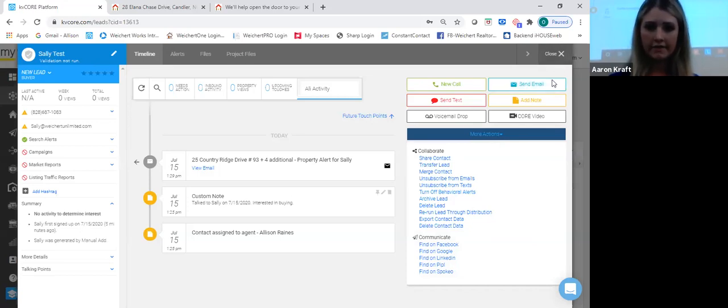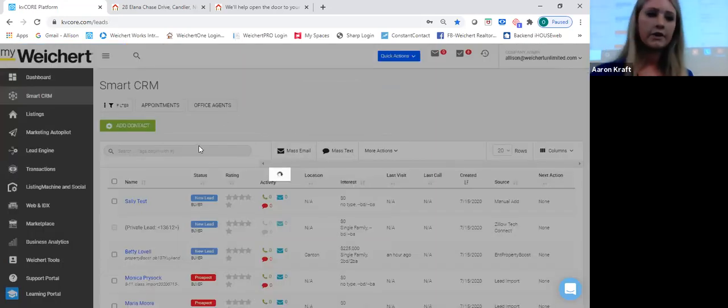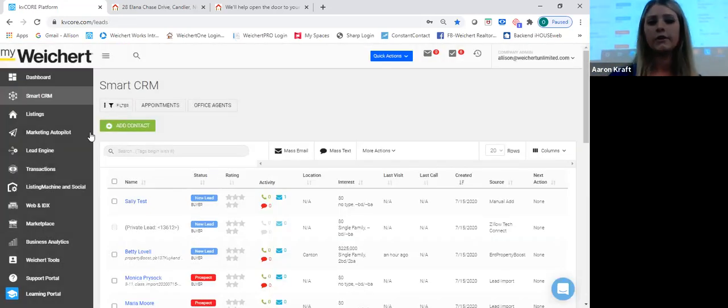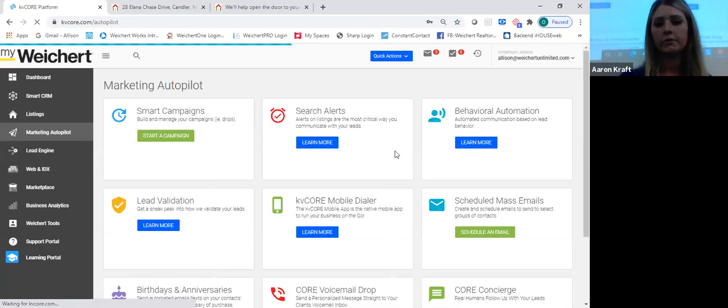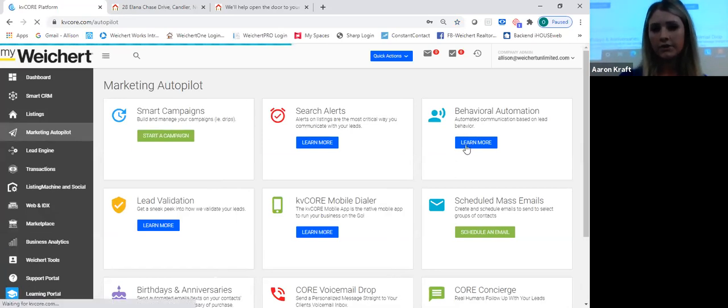So we'll jump out of here real quick. I'm going to go over to the automation because I know that's where the value is. Plus, you want to make sure before you start using the system that everything's set up the way you want it. So it's under marketing autopilot. You can look at behavioral automation in more detail. So that is here under marketing autopilot, under behavioral automation. If you hit learn more,